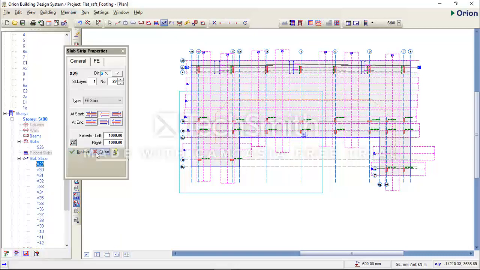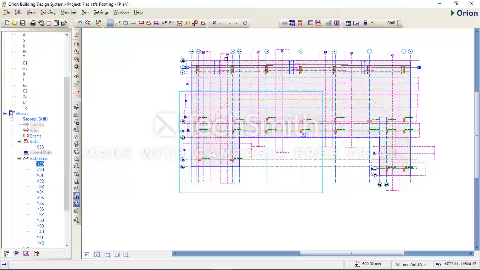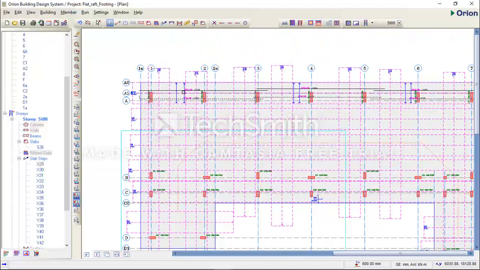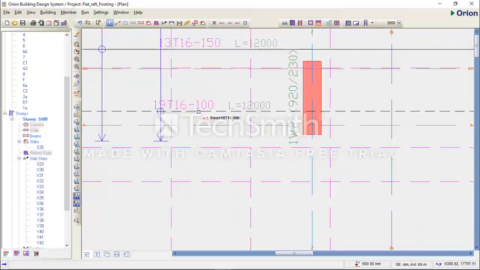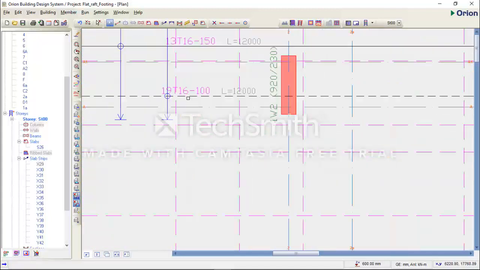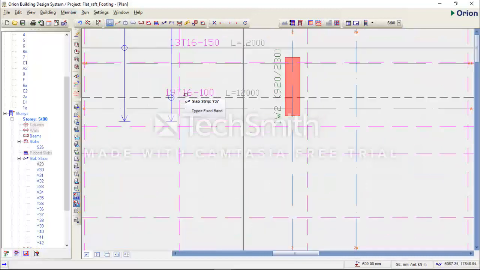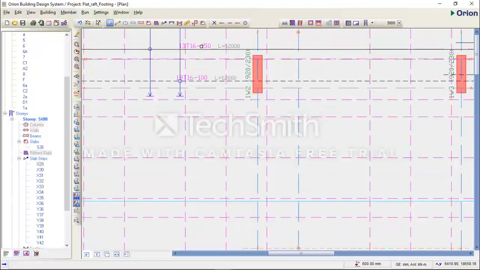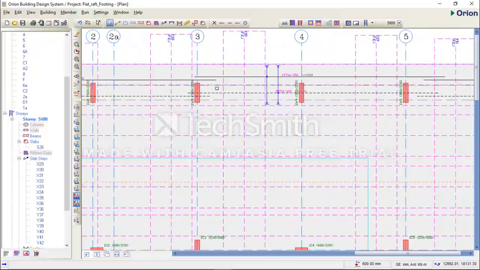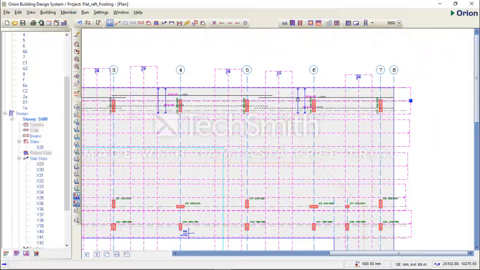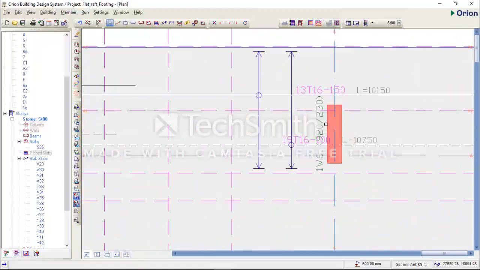So when you do that, the reinforcement will be placed for that strip, and you will see the reinforcement required, 150 and 150 and 150 center to center, and another center to center, using system member top and bottom. So you see the same number of bars all through with the same spacing.